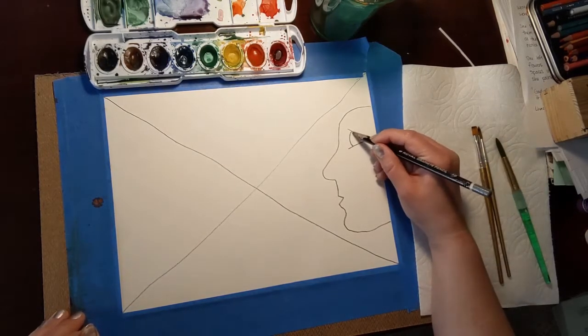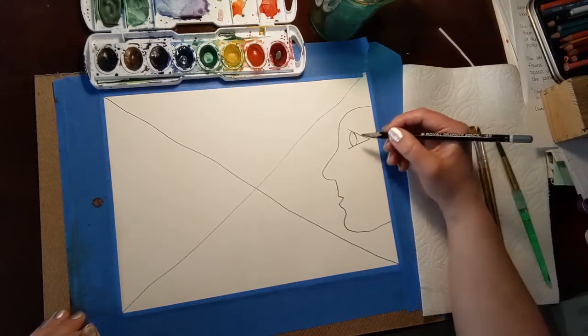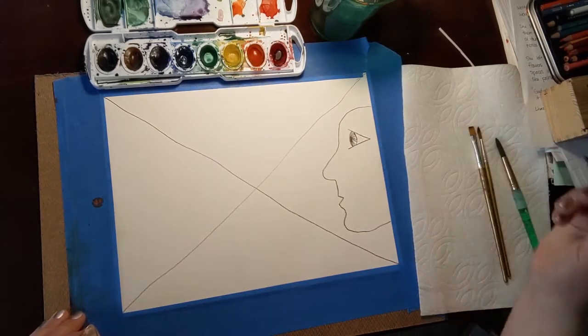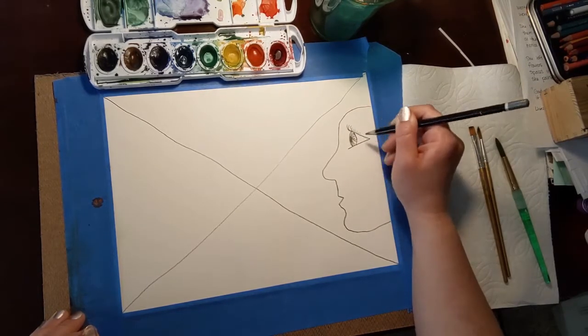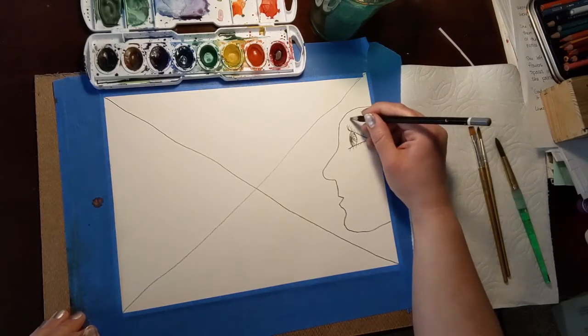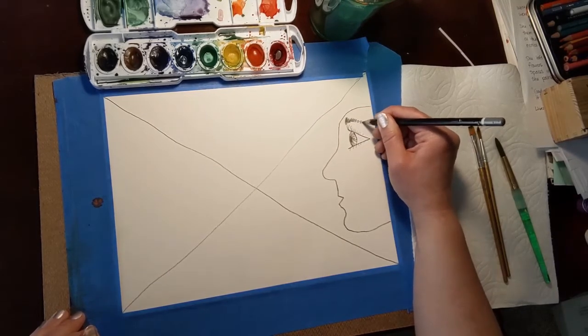That is the side of the eye. And then if we make a curve right there, that's our side of the iris. So you can see the eye is open. And this would be where your eyelashes are, on the top and on the bottom. And you would see, if you saw your eyebrow, I'm running out of room here a little bit, the eyebrow would kind of come up